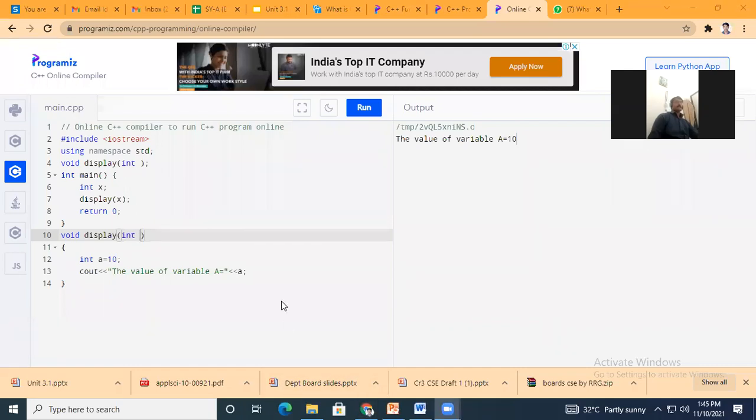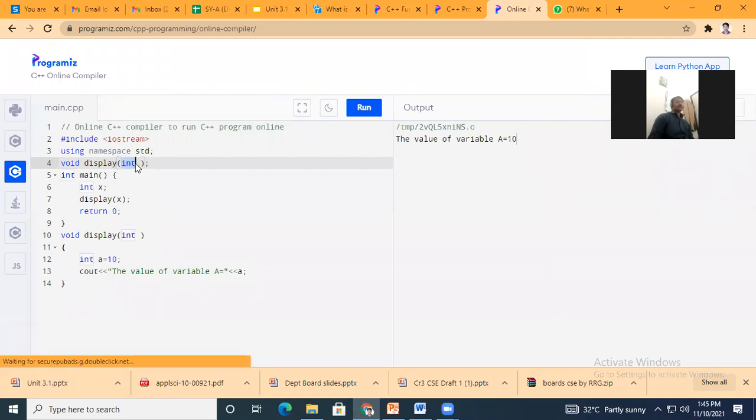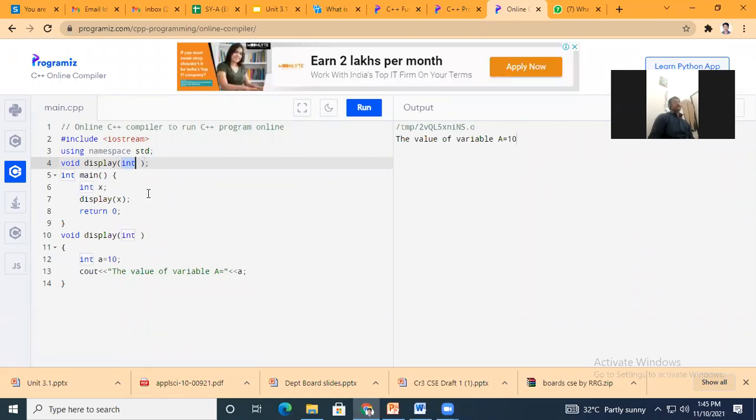What is important in the parameter when you are passing the parameter? The type of your variable. The type of your variable is very important. If you don't pass a variable name in the function declaration, that is also fine, but the type of your variable must be there. And for this type only you need to pass the value.